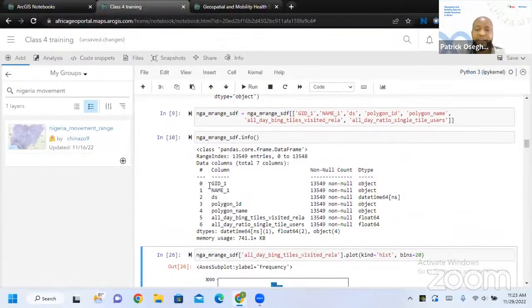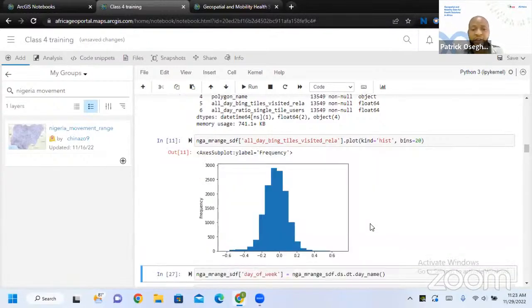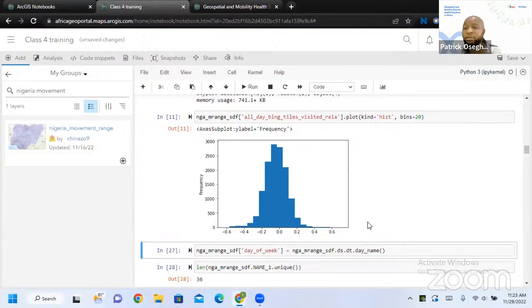Checking the information, you see that most of them are objects, which are strings, but the DS is a datetime. So this is date data, meaning we have for yesterday, for the day before, and we'll be having for tomorrow. How can I work with this data? I just want to see how this data looks, so I try to visualize it with a histogram, and you see that this data is completely normalized, meaning they've removed every private detail.